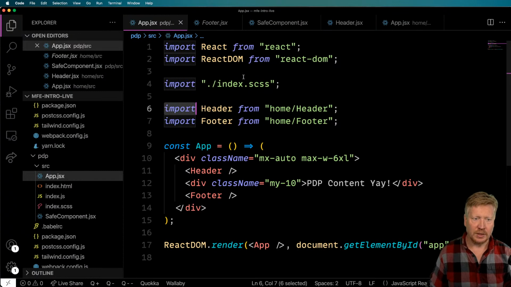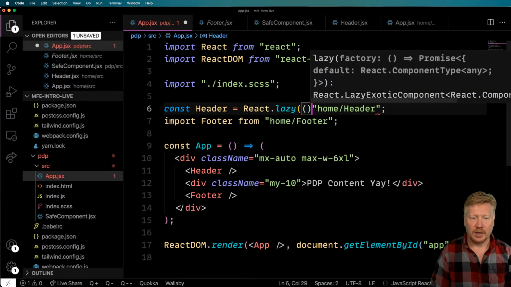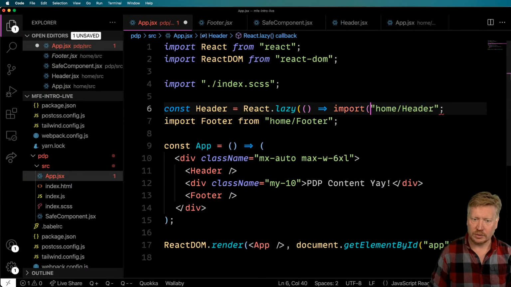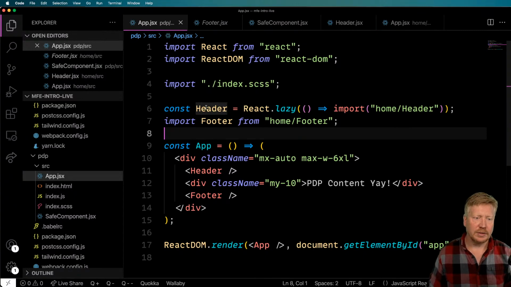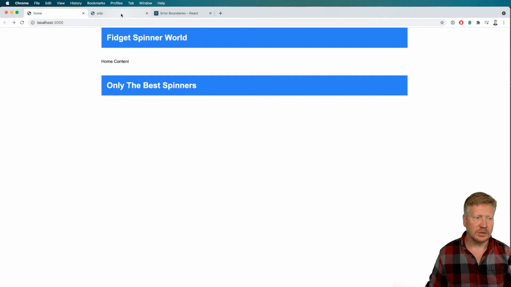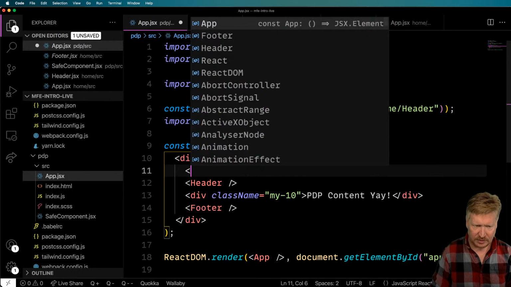So what I'm going to do is const header equals, and I'm going to use react.lazy, and then import the header like that. I think there's a little bit more that I need to do. Let me take a look. Or maybe that's it. Okay, cool. Let's save that. I don't think it's going to work, so it's going to blow up. Yeah. Okay. But if I wrap that in a react.suspense